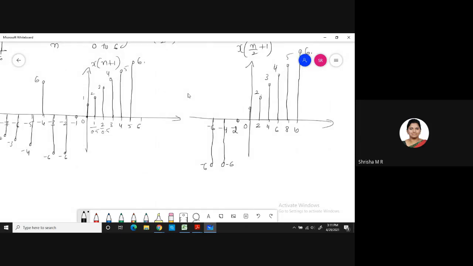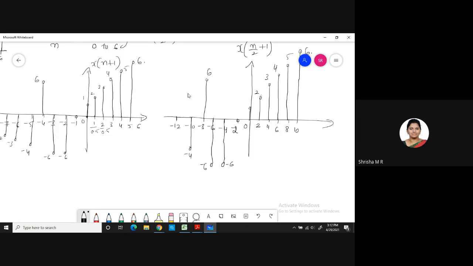Okay, so at n is equal to minus 8, the amplitude will be 6. We don't need this much here. At n is equal to minus 10, it will be minus 4. At n is equal to minus 12,